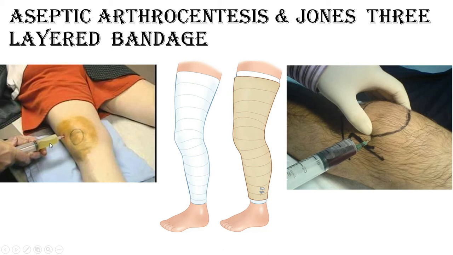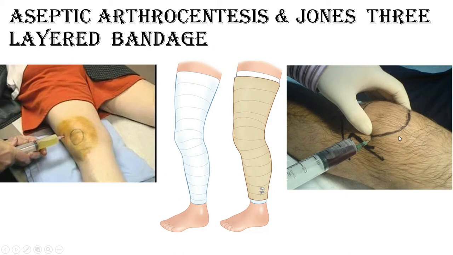If you get any flakes, then you must suspect septic arthritis along with the toxic look. If it is only straw-colored fluid, and nothing else, no sign of infection, that is osteoarthrosis or reactive arthrosis. And in traumatic fracture or traumatic knee effusion, if you see this blood has some mutton fat like appearance, you will put one drop of blood over the gloves and you will see if there is any mutton fat like appearance, that means there is a metaphyseal fracture. So you can suspect there is a fracture, so you have to put a slab or something else, you have to go for a scan also. So these are the normal findings.